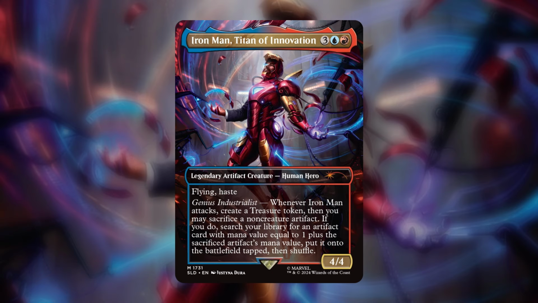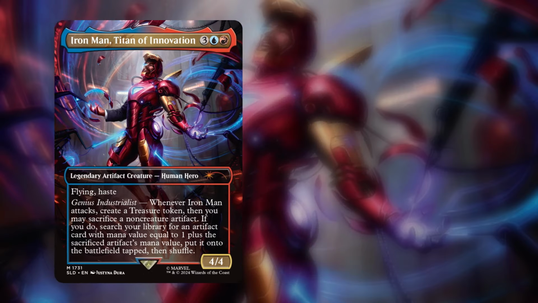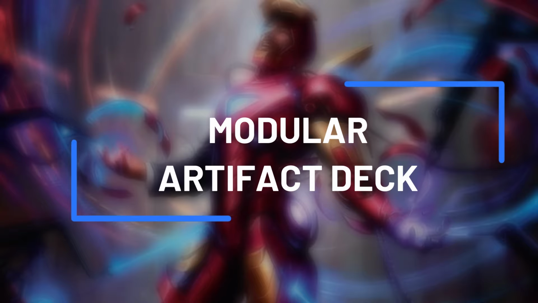Iron Man's ability triggers whenever he attacks, creating a treasure token, which you can then sacrifice to search out an artifact with a mana value of 1 more than the sacrificed artifact. This effect is reminiscent of Oswald Fiddlebender, but it's built into the attack step, letting you build combos and board presence quickly. To make the most of this, you want a modular artifact deck that can find the right pieces